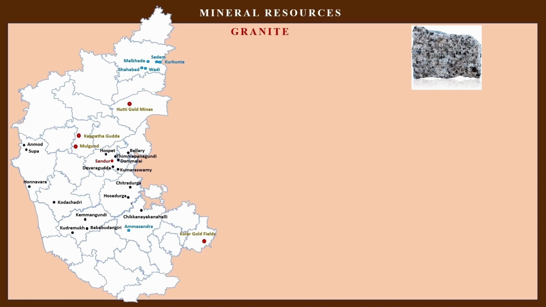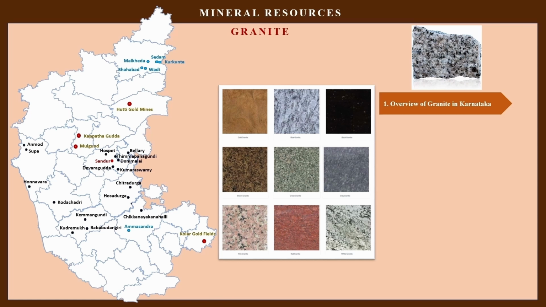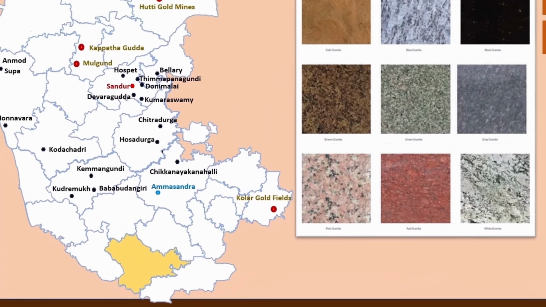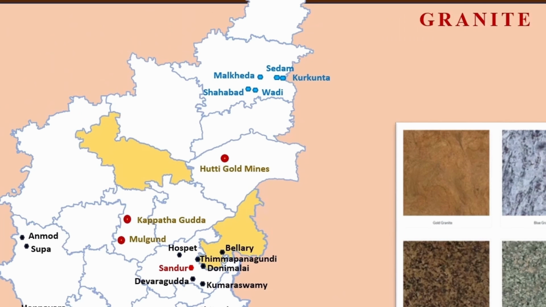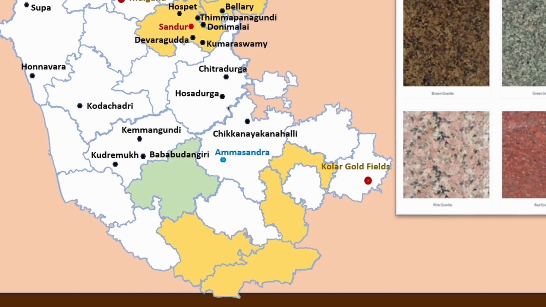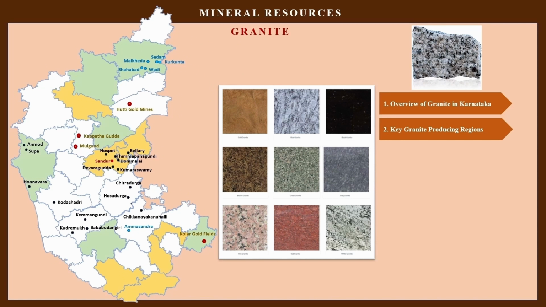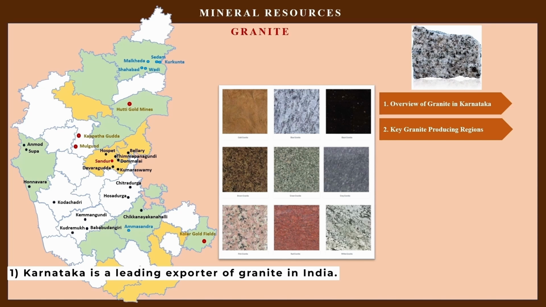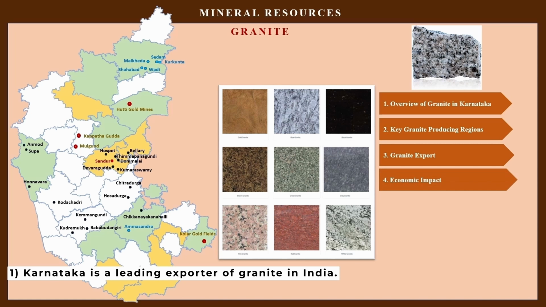Next, we start with the less important one, the granite. Karnataka is known for producing a variety of granites. Which are the varieties of granites that are produced in Karnataka? We have the black granite, the green granite, and also pink granites. And which are the key areas where granite is produced? Mysore, Chamrajnagar, Bagalkot, Ballari, Bangalore Rural, and Ramnagar are major places where granite is produced. Karnataka is also one of the leading exporters of granite in India.